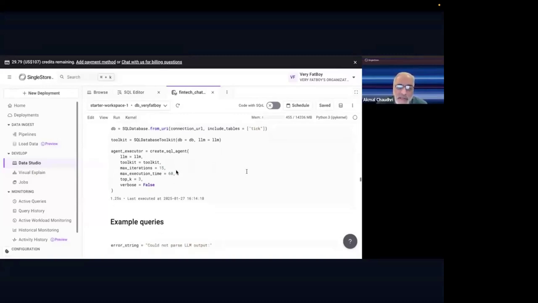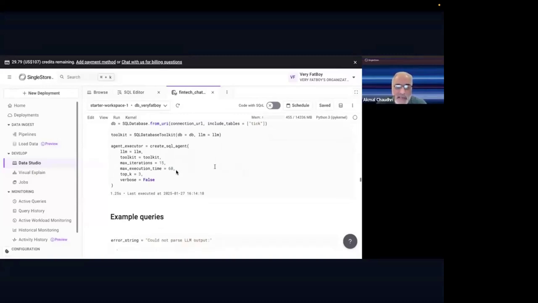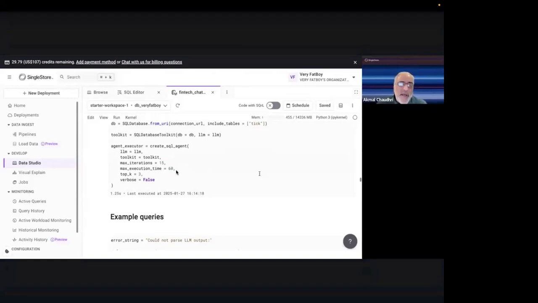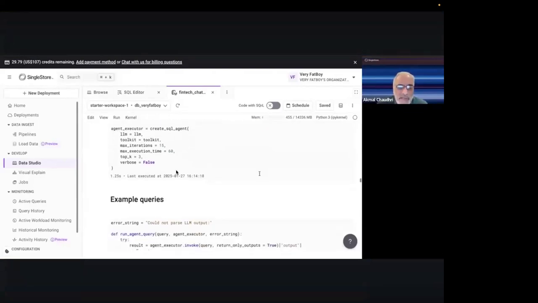The agent gives us this ability to have a verbose mode, which is useful. Currently it's set to false. Again, it gives us the ability to understand how the natural language is converted, what steps it's actually using to go away and ask that query of the database system.